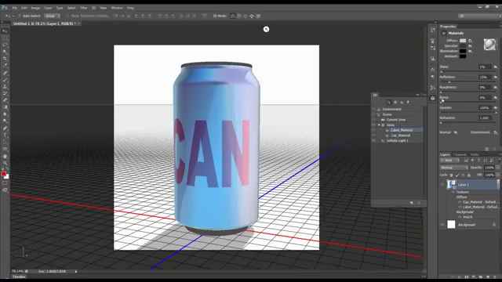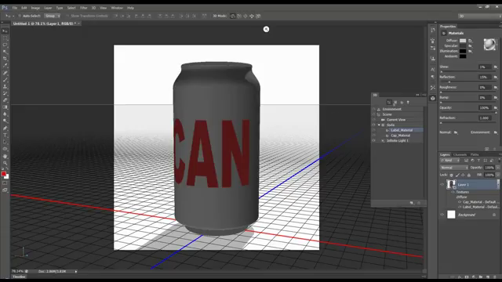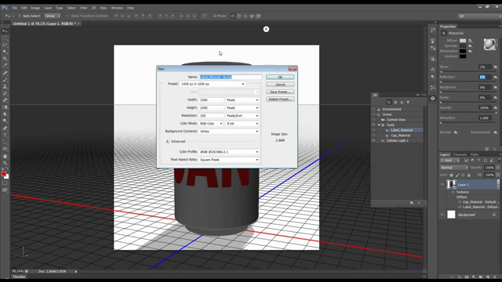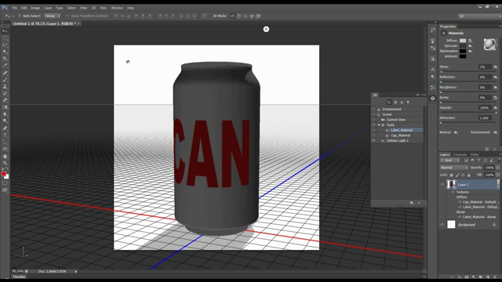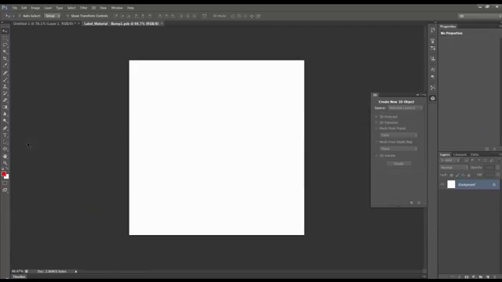You can also add bump maps, so I'll show you what that is. Let's remove our environment and take our reflection down, come to the bump, and this time we're going to go new texture. Make sure it's the same size as our document, 1000 by 1000. Click OK, and then we're going to come to bump, and we're going to go to edit texture, and then to this